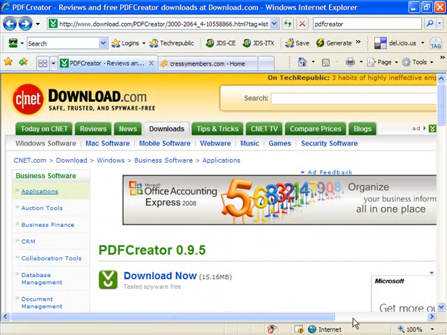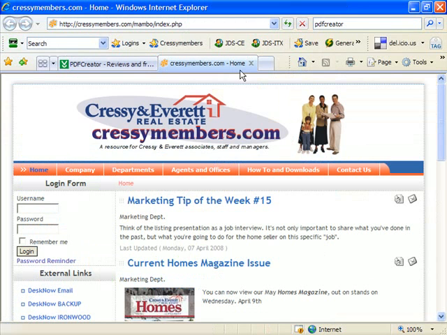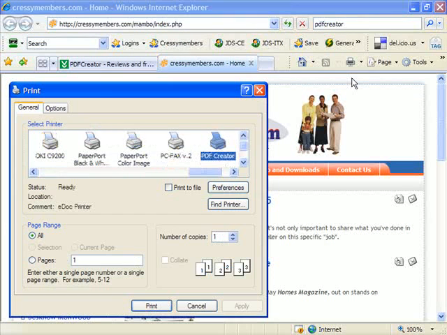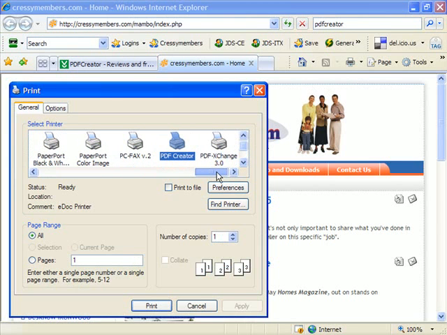So once you've installed the program, and I won't show you the installation, but it's pretty straightforward, here's how you would use it. I'm going to flip to another page here on my web browser. Let's say that I wanted to create an Adobe Acrobat version of this web page up on the screen. All I have to do at that point is say print this page, and you'll notice that the program PDF Creator has installed a new printer. Here in my list of printers, you'll see that this printer is not a physical printer, but rather a virtual printer. So all I have to do at this point is simply say print,